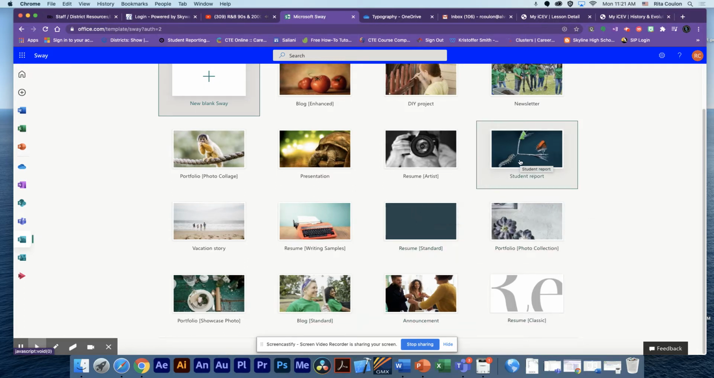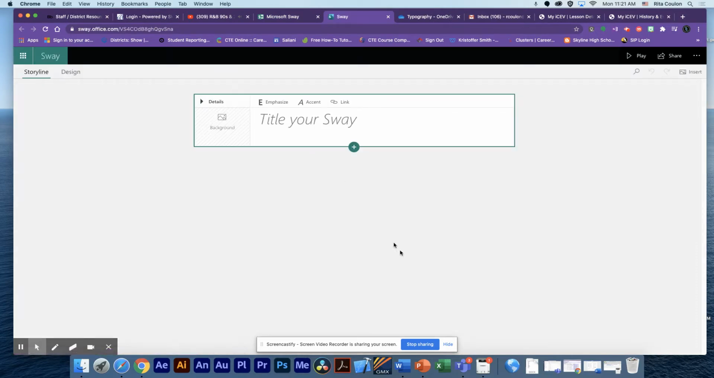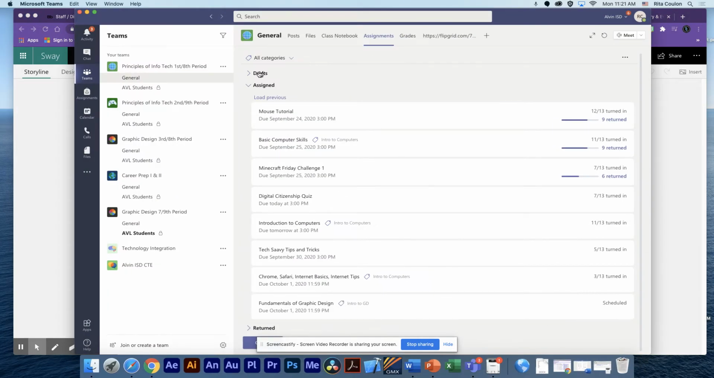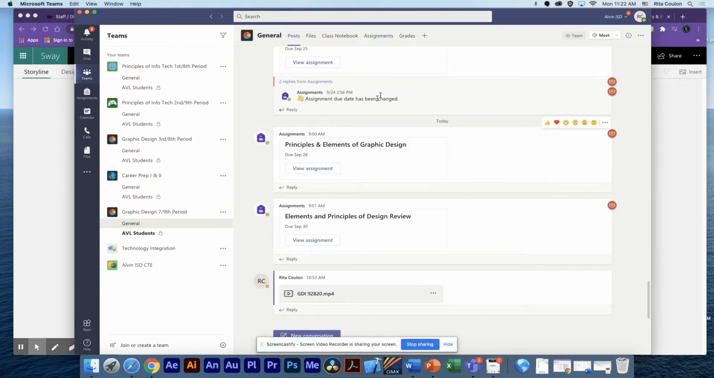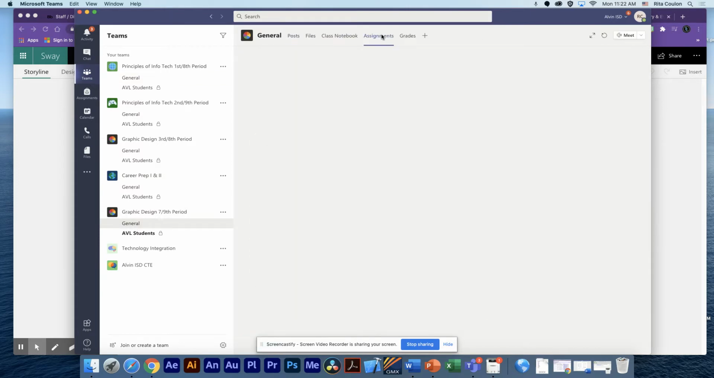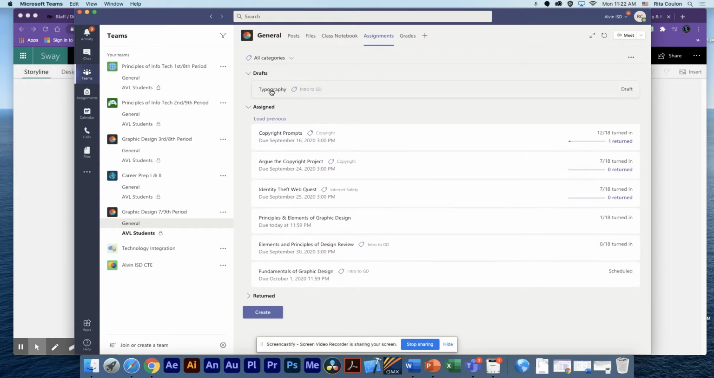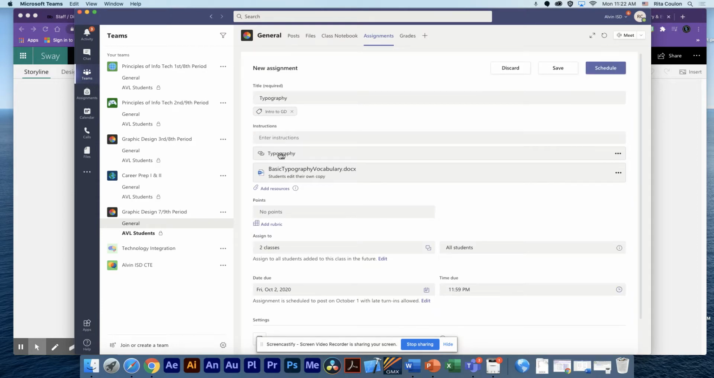I think I am going to create a blank Sway. All right, so I'm going to go to Teams, and we're going to take a look at the assignment that requires you to do this. This is graphic design, and the assignment that I am working on is called typography. You're going to watch a video, and then you have